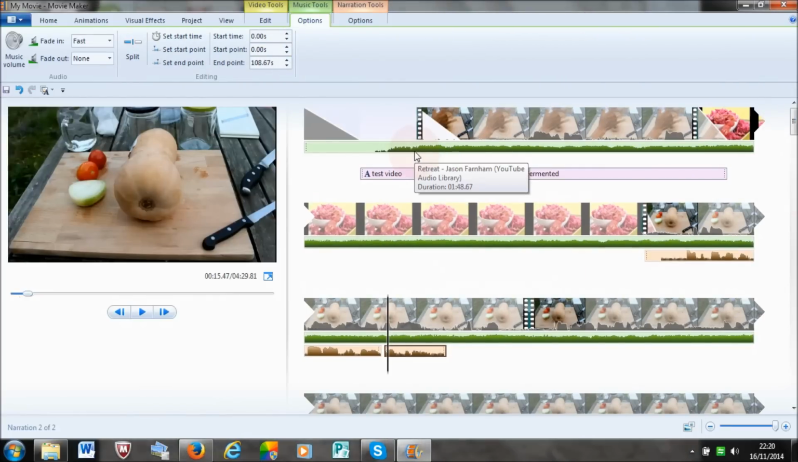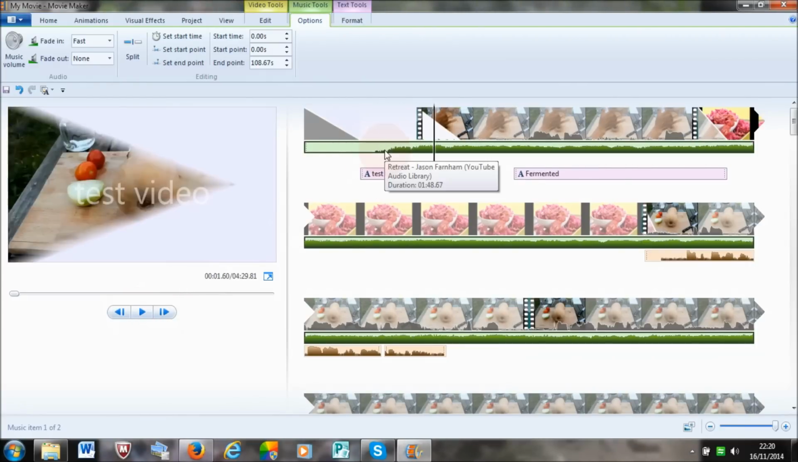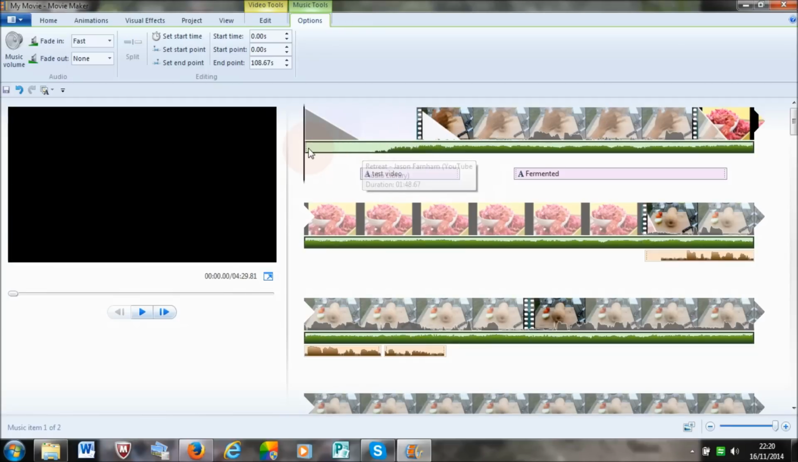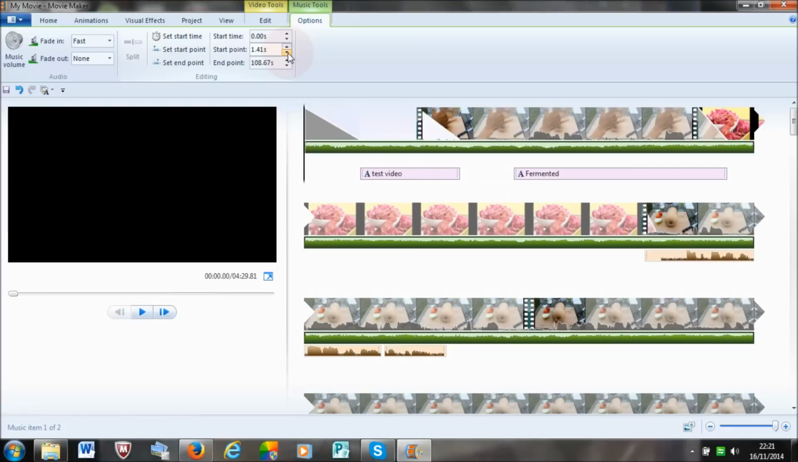So the way that you do that is by, this is the beginning of the music here. So obviously there is a silent period at the beginning where there is no sound. Okay, so if you wanted to start from here, for example, so without this mute part at the beginning, all you do is just double click on this green bar here, and then it will bring up the music tools bar, and then where it says start point, you can just click on this arrow pointing upwards, and that will increase the start point. As you can see, it's starting at a different part of the music, not at the beginning. So let's start from